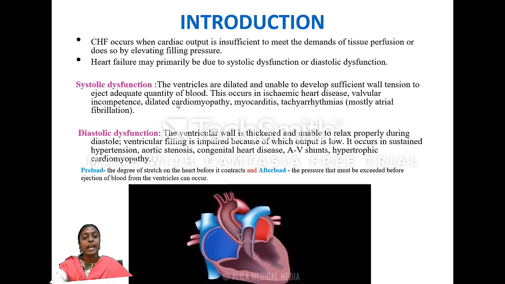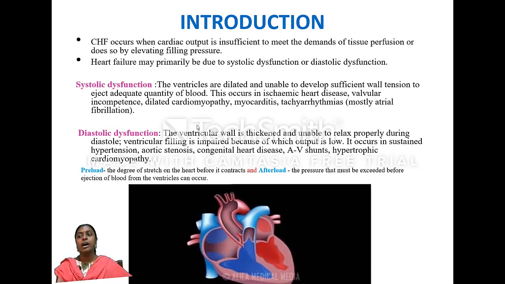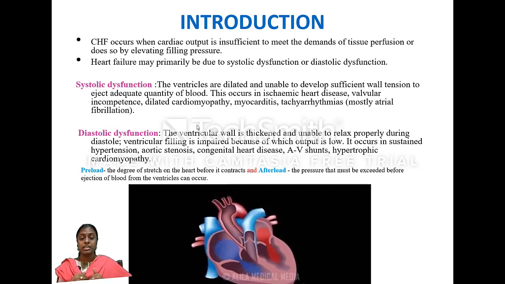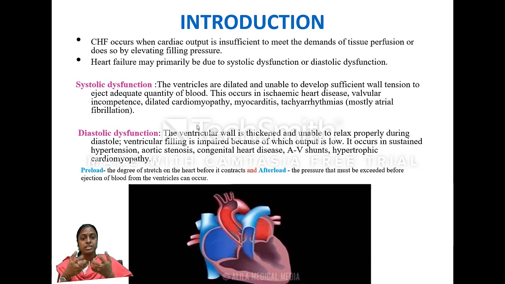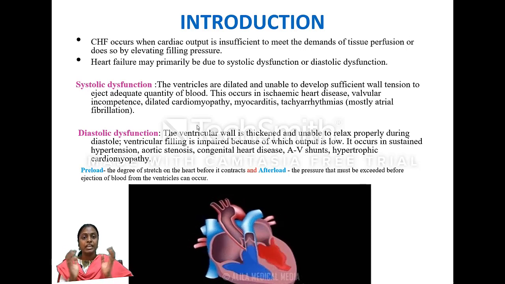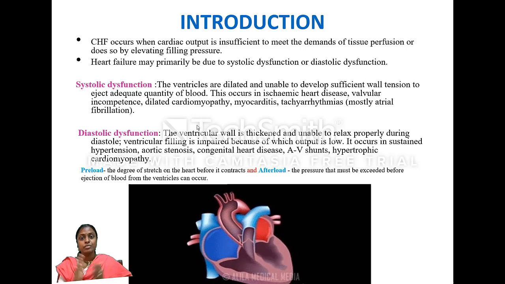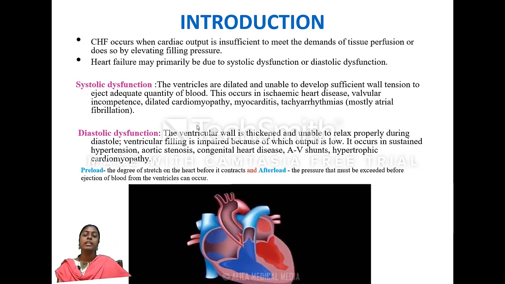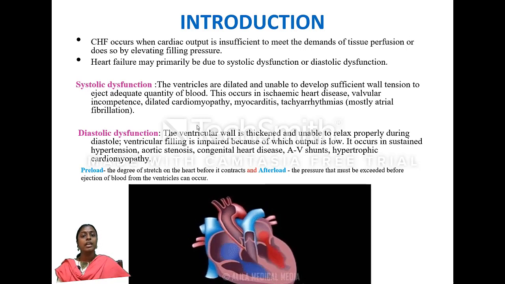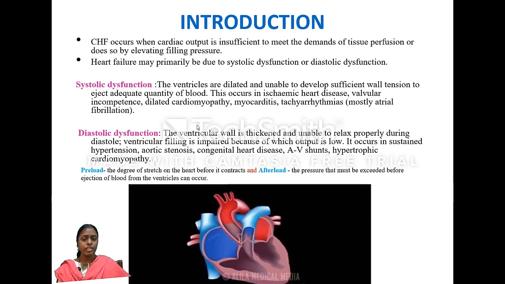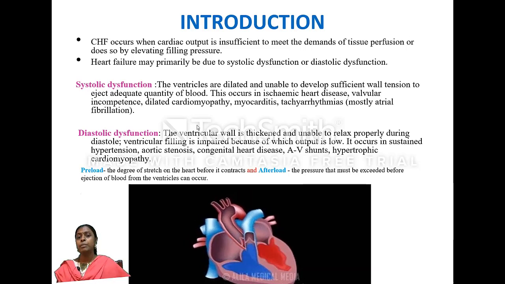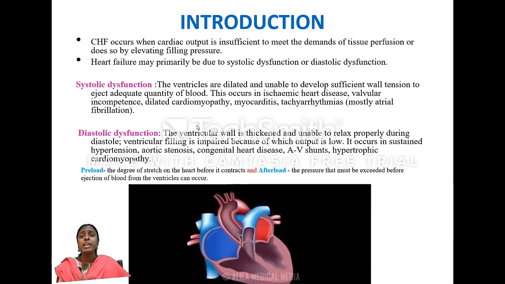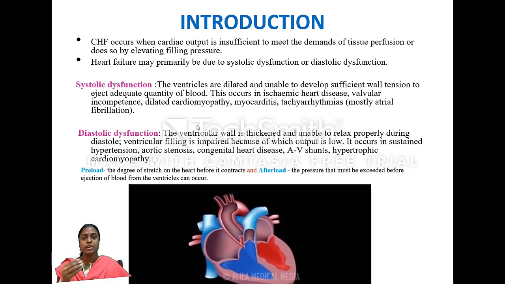And the next one is dilated cardiomyopathy. In this, the blood pump will get decreased due to the muscles. The cardiac muscles will be dilated, so there is more space. Now only I told you, when there is more space and less blood, though it is contracting, it won't give sufficient blood supply, isn't it? The same thing happens here. And the next one is myocarditis. It is inflammation of the myocardium. Myocardium is the middle layer, isn't it? The myocardium is the main muscle for the contraction. So this layer will get inflamed.